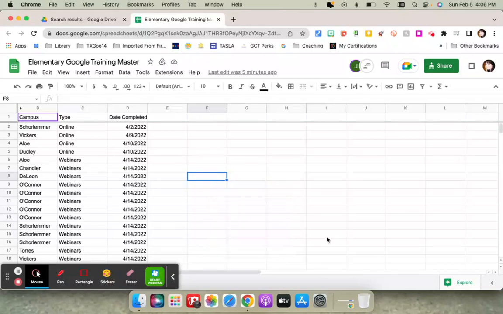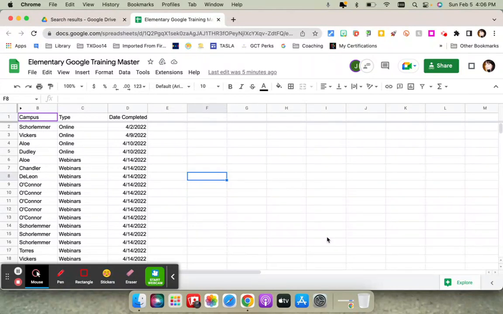Hey, so I have a couple of Google Sheet hacks I want to show you today. This is a database spreadsheet of training that we did. In order to plan our training for this summer, I'm looking back at training from last summer to see how many people chose which type, how many people from each campus were trained. I've hidden the column that has the teachers' names in it because I just want you to be able to see how easily I can filter, put this in order, and then glean some statistics from it with just